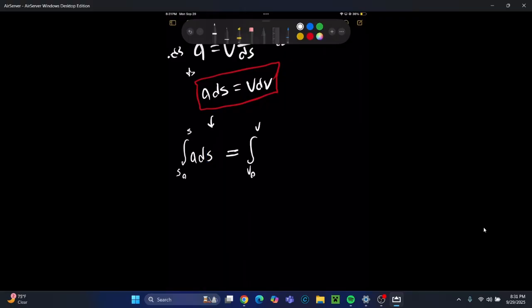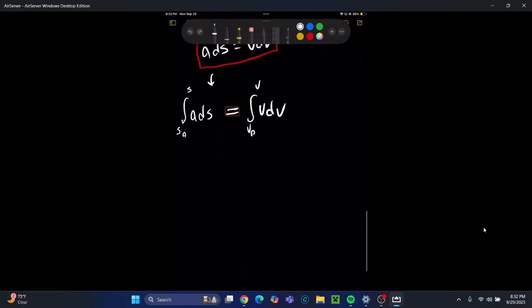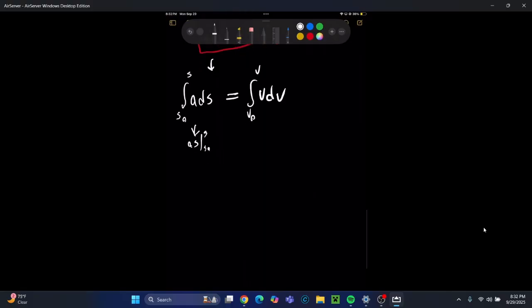So just our initial velocity value, because these match the ds there and the dv there. You can kind of see why that works. Then if we just take these out, plugging in s naught, we get a times s minus s naught